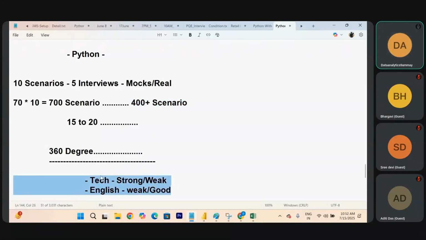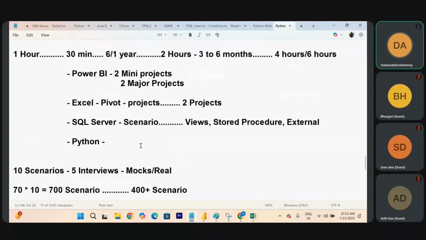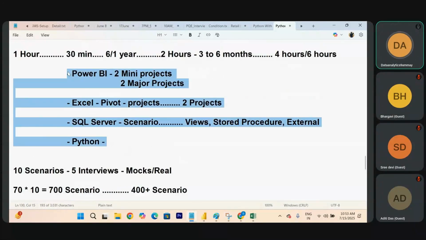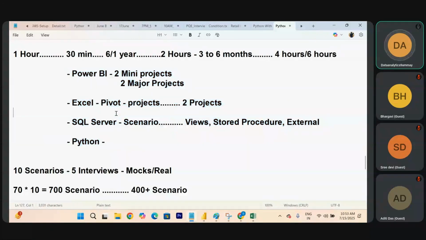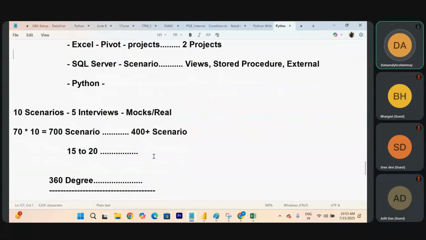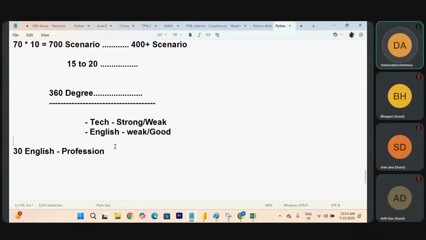Is anybody coming to compete with you? No. Your project level also is not like this. Your project level is also very strong. That is how you have to understand your preparation level. That is why you must do this much practice.